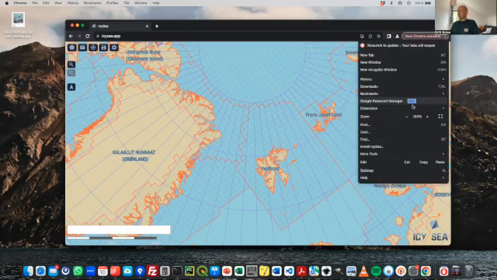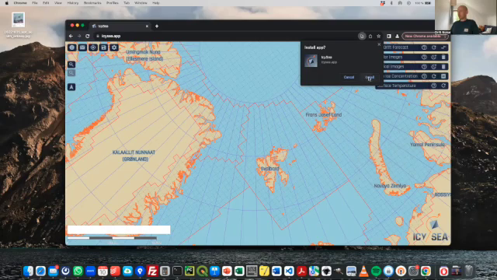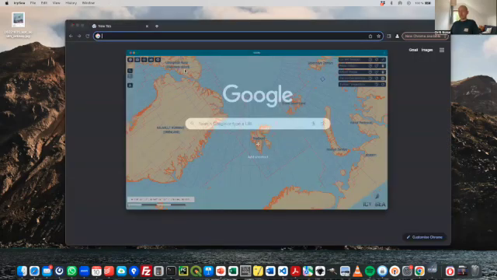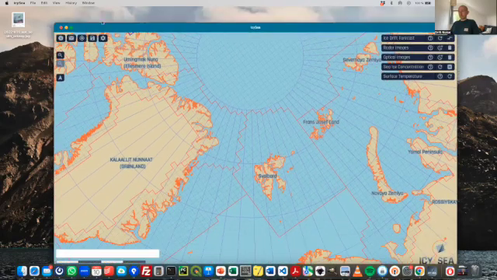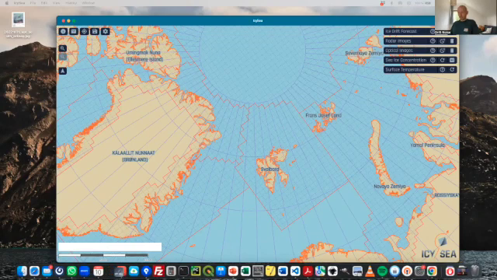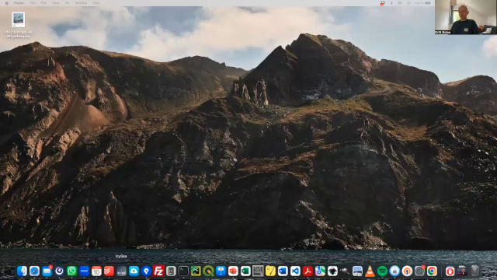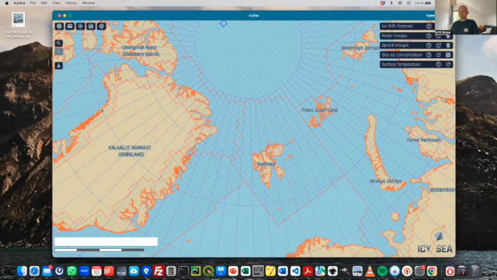There's three dots up here, and it gives you the option to install IcySea, or there's also a quick version here in the menu bar. If I click here, it asks me whether I want to install it, and I click yes, and now I can close Chrome, and I have my icon down here, as you can see. If I close it now, it remains as my own icon, and I can open the app just like that and have all the features available.